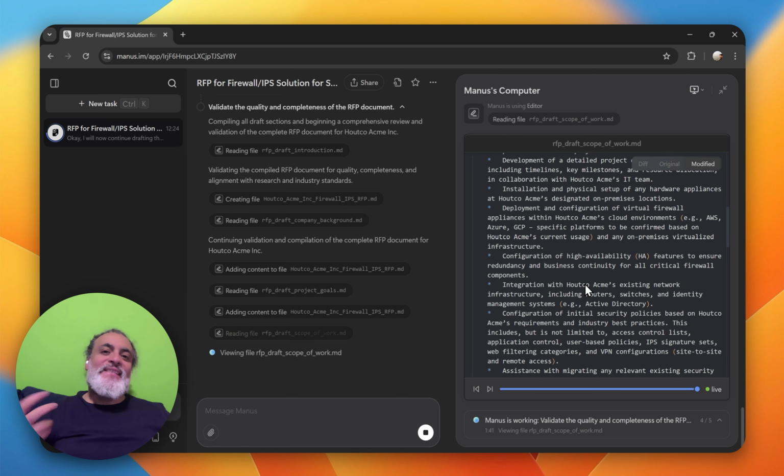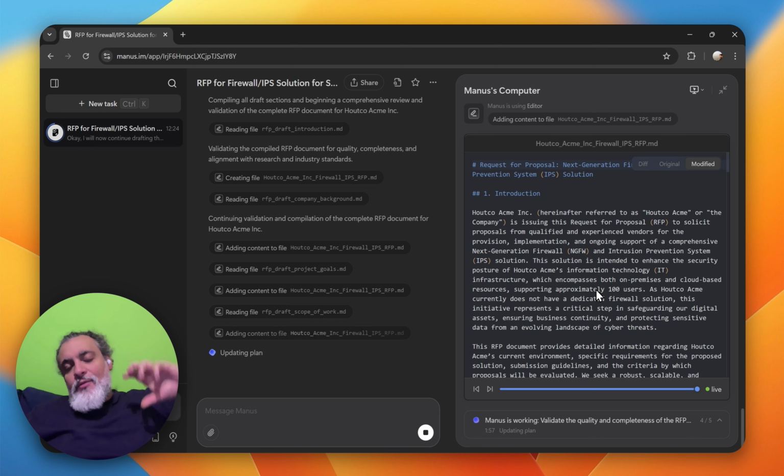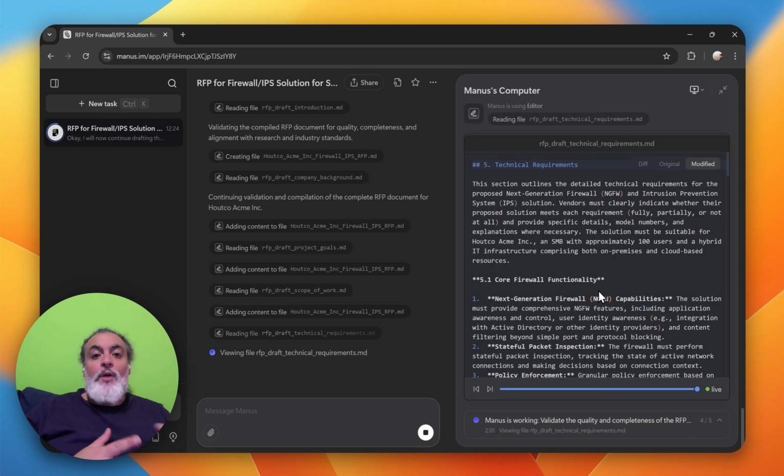The whole idea here is that you do not start from scratch, that you save at least 3 or 4 weeks of full-time work. And keep in mind, I'm saying full-time work, but let's say you have a consultant or IT professional working on this RFP. He's gonna reach out to the managers. He's gonna reach out to people from other teams trying to figure out how to get the ball running, how to have a draft. So we're talking about massive costs that you're gonna avoid by having a draft, by having